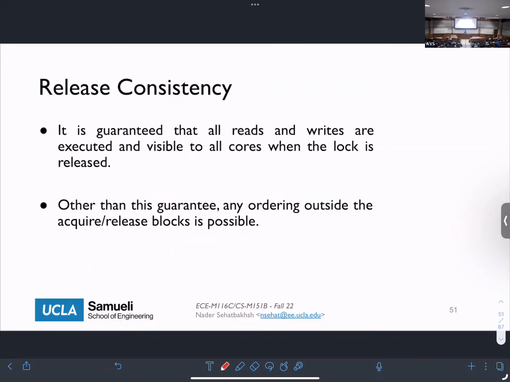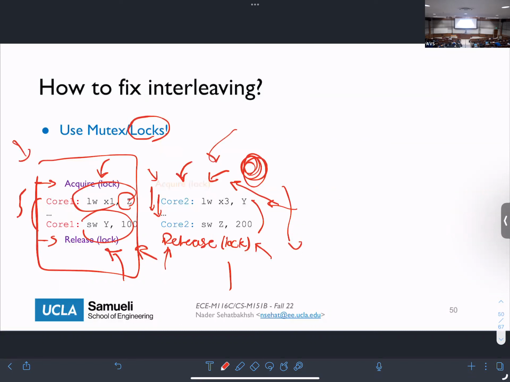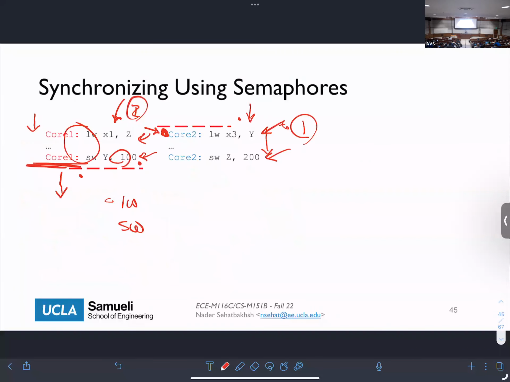All right, so now that we understand these things, let's see how we implement them. So as I said, fence is actually literally an ISA instruction. So you actually need to add hardware support for that instruction. We're not going to go through the details of that because it's a little bit complicated, but fence is actually an instruction. I told you that barriers are typically implemented by the operating system. We're not going to go through that as well because that's more of an operating system topic. You need to change that in the kernel.